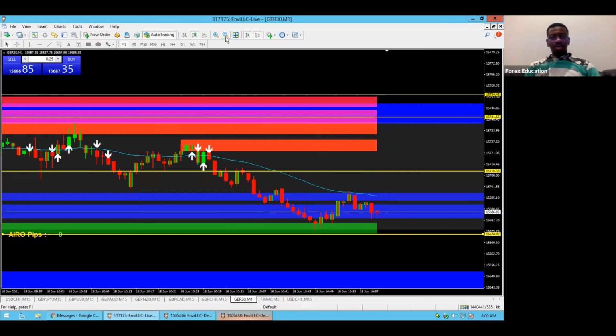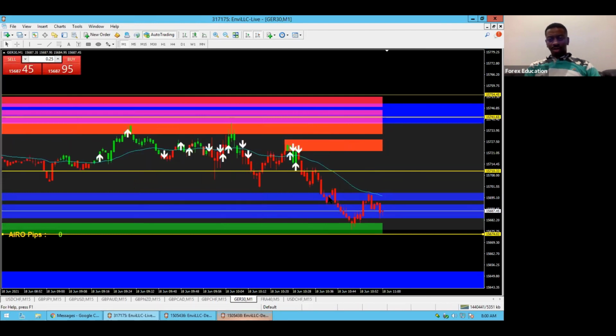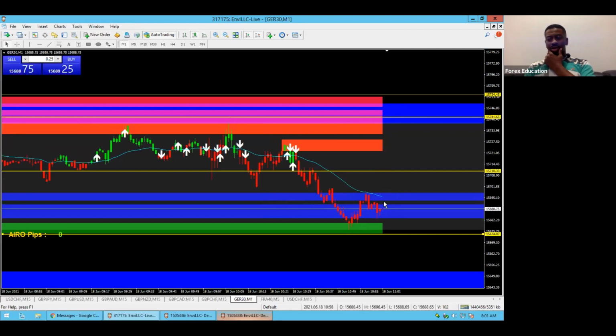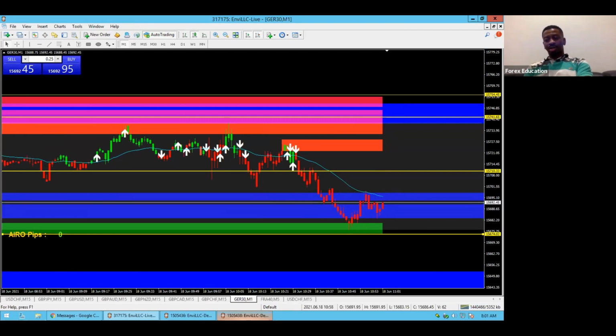So it pulled the fake out. All right. Try to show the retrace, but never close above the second zone. It could continue to go back up, but I'm not expecting it to come back up to this zone ever again. It's better to just continue to fall, at least during this session. Could I be wrong? Of course, but I'm expecting it to just come down and drop.